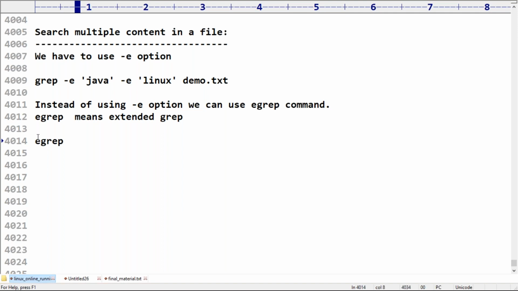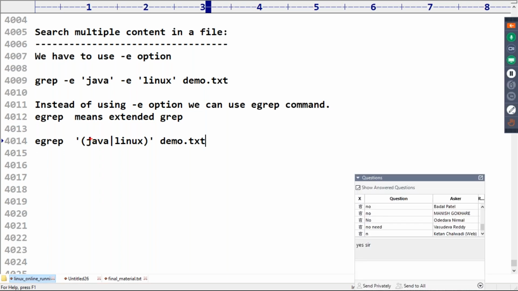Now my requirement is to search for either the Java or the Linux word inside demo.txt. Remember this very carefully. Either Java or Linux, this OR symbol, can I use it?